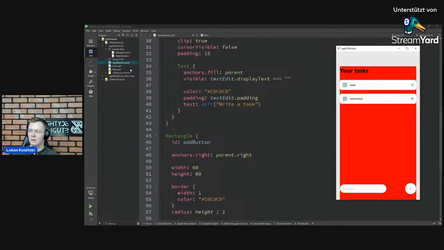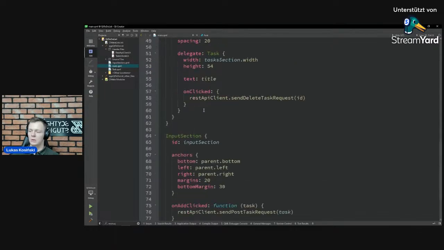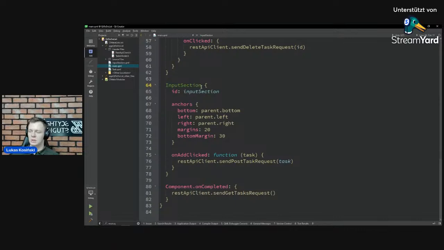Then in the place in which the input section item is used, I can handle this signal by writing a JavaScript function as a slot. So that's the concept of signals and slots that you may also know from Boost signals.